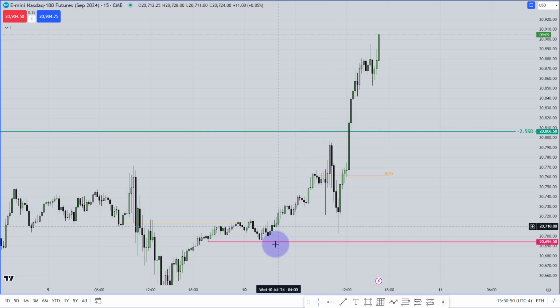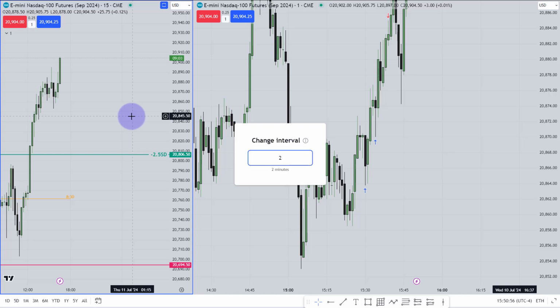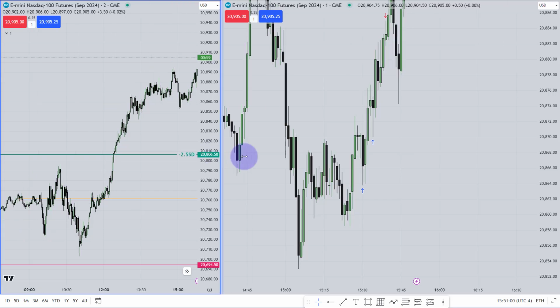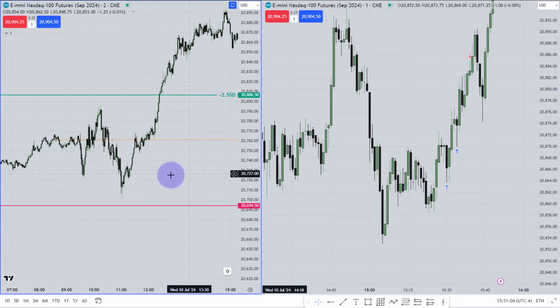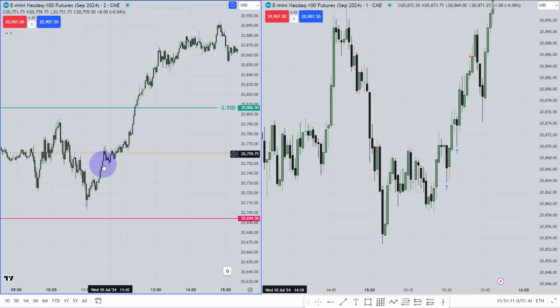Now I'm going to the 1-minute chart. At the same time I will open the 2-minute chart as well, because I would love to show you the confirmation things from the 2-minute chart. So here on my left this is the 2-minute chart, and on my right this is the 1-minute chart. I have already shown you the morning session entry. Over there, the morning session entry, it was perfectly expected higher, and we caught the bottom.